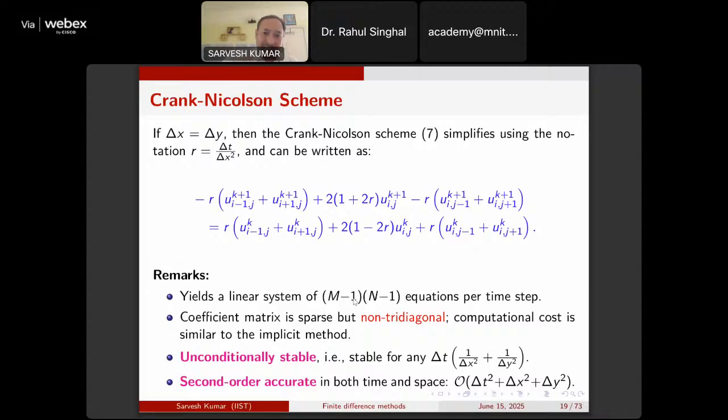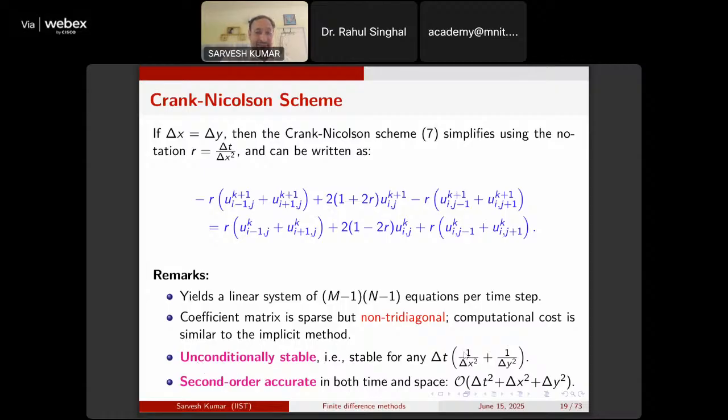The dimension of this matrix will be larger if you have a Neumann condition, which you will see later, I mean m by n. Why do we have m-1 here? Because at the boundary the solution is known. The coefficient matrix is sparse, but it's not tri-diagonal. The same problem we have here, as a pentagon. The complexity is similar to the implicit scheme. The advantage is